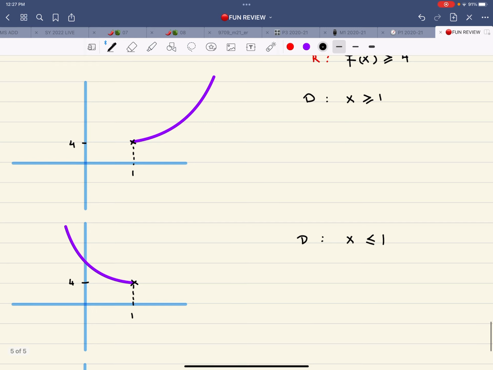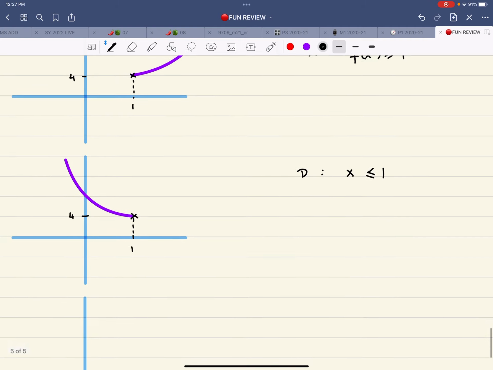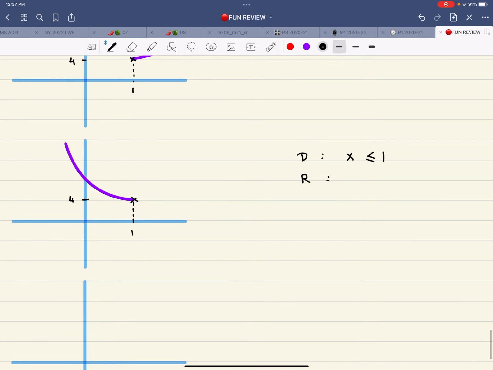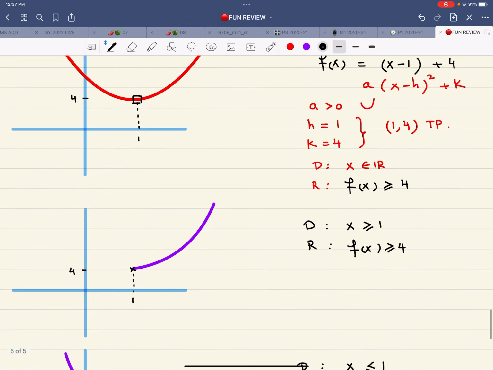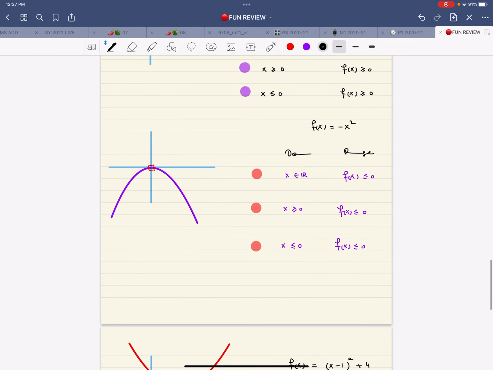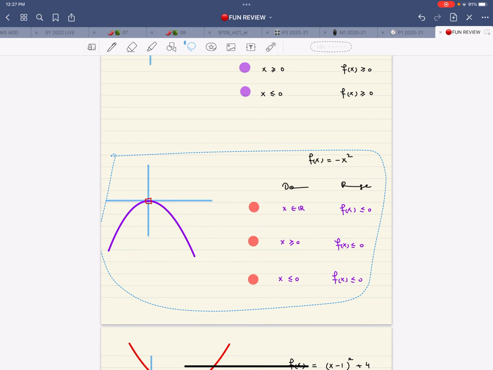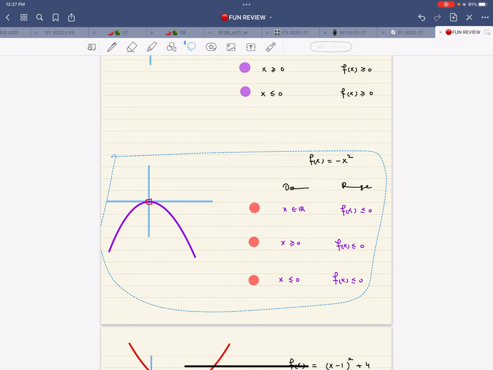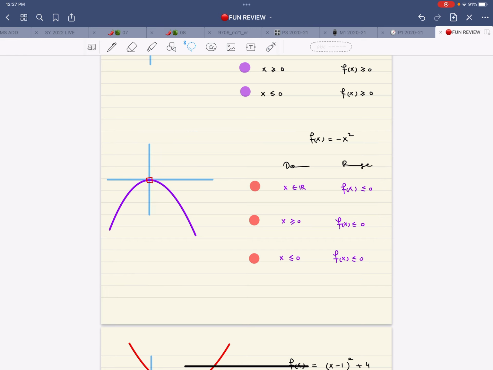Now look at the graph. The purple graph going to the right. So f(x) is greater than or equal to 4. Again on the other side, range, f(x) is greater than or equal to 4. That means I can say over here, if I shift it a bit, and if I write for this purple one,